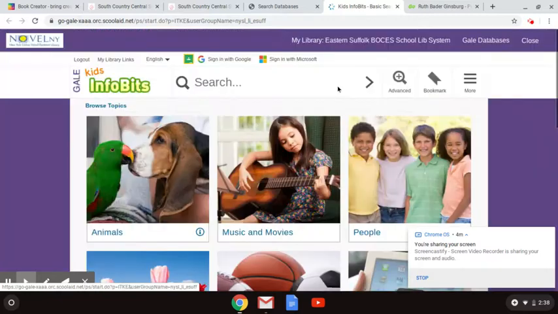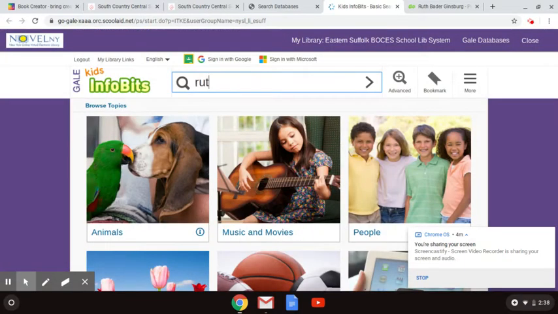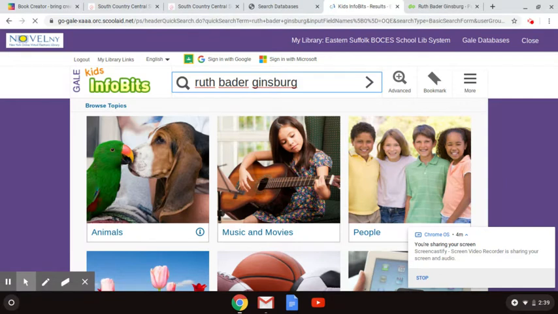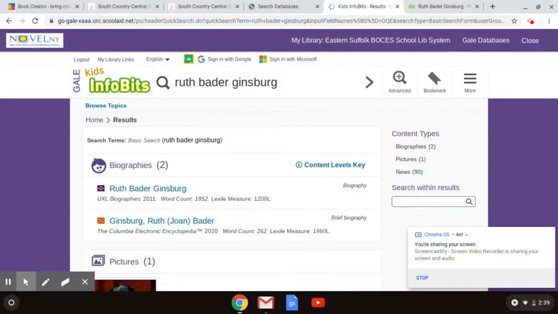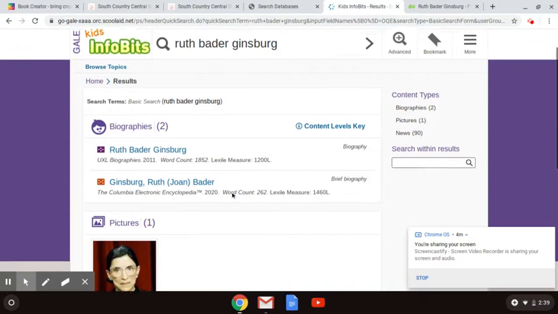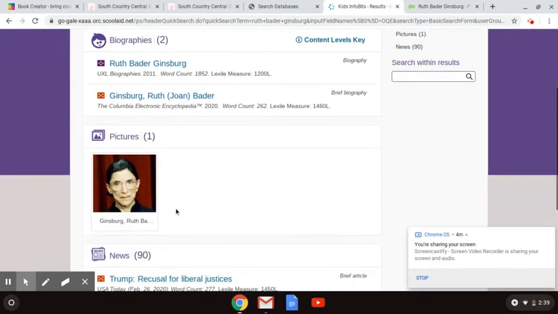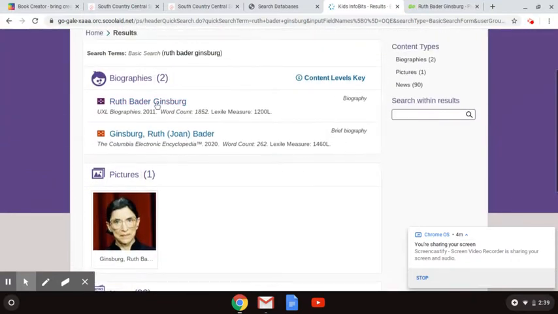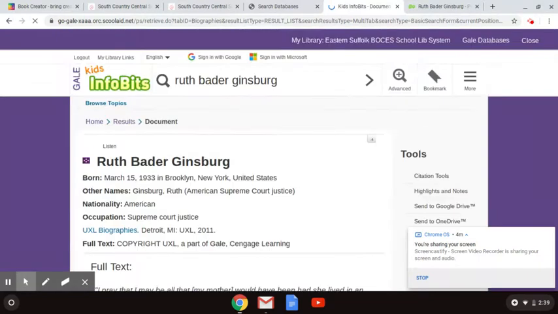Or let's say you have already picked somebody, like I have. I picked Ruth Bader Ginsburg. So once you start typing, it'll populate. So if you don't know how to spell a name, this is helpful too. So I'm going to click on her name, and it's going to bring me to all different resources. There's biographies, here's a picture of her, here's all news articles. So this is pretty cool. If we just click on biographies, it's going to give us a lot of information, when and where she was born,